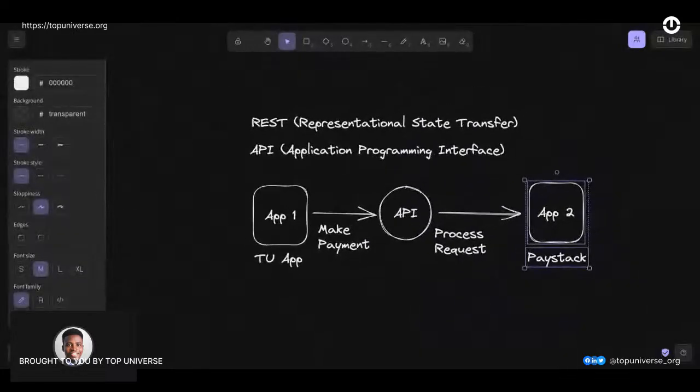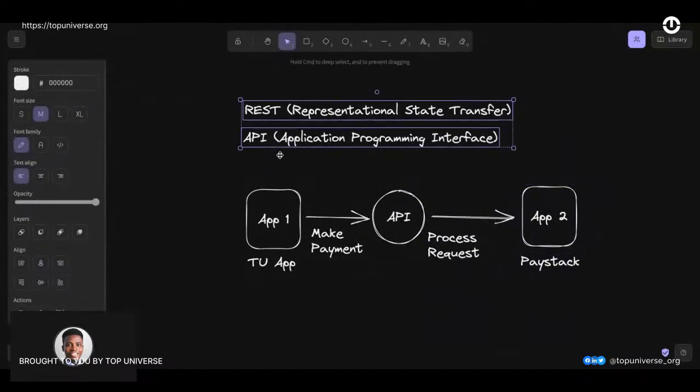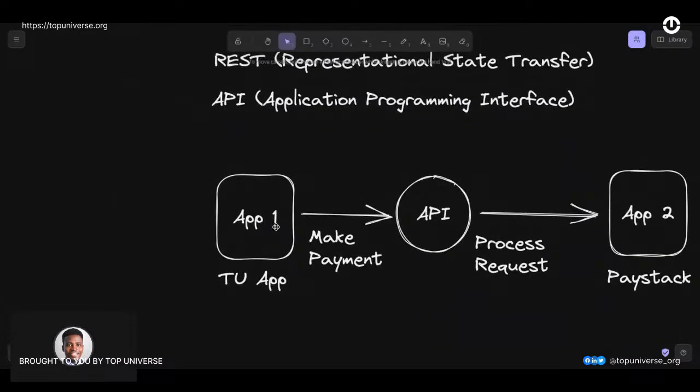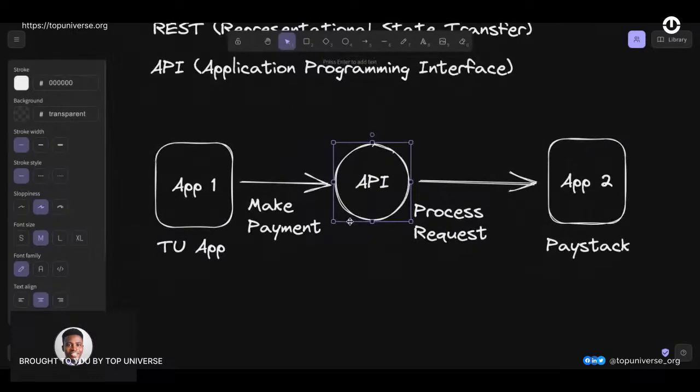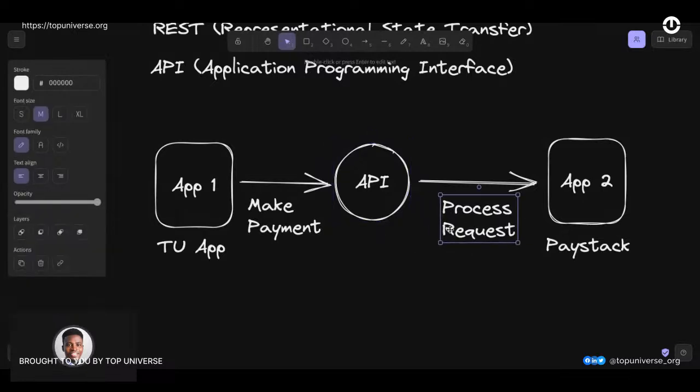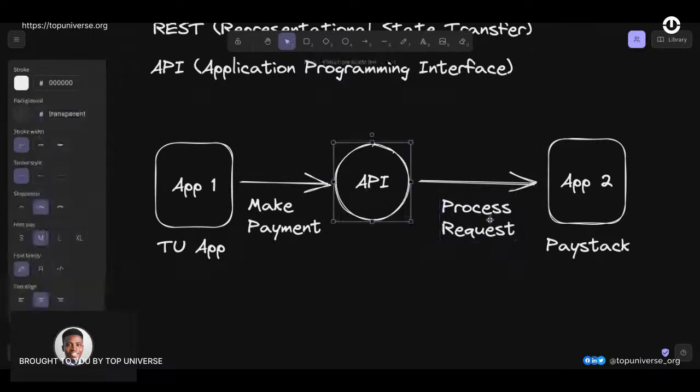All right, so I hope you understand this simple diagram here. So we are trying to make a payment. We connect to an API that we've implemented. So the API in itself is a piece of code that would accept our data, do some validation, some verification, and then send that request to Paystack for approval. If everything works fine, then Paystack would definitely respond to the API, and our API would